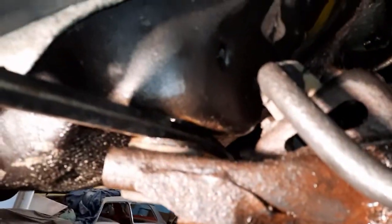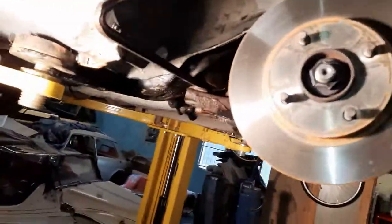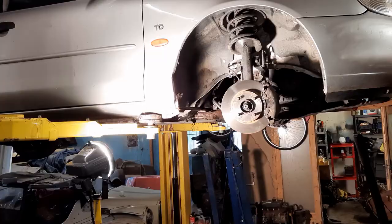I had to wedge a bar in there to give me some leverage on the front subframe, but apart from that, it came out with just a small amount of fight. Next job, pop the new rack back in. Hopefully it puts up less of a fight than the